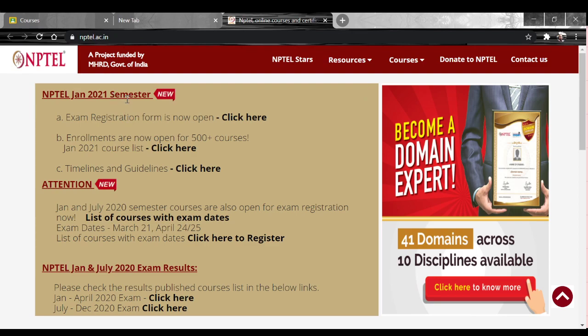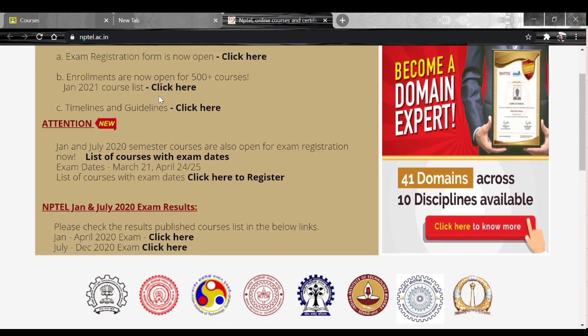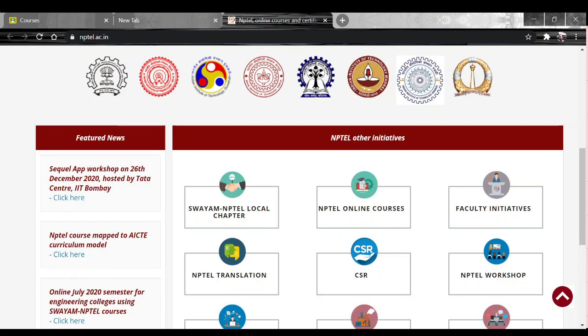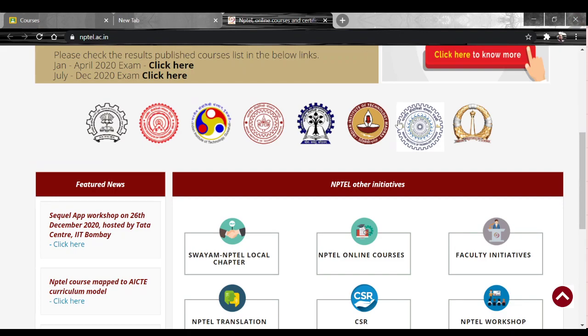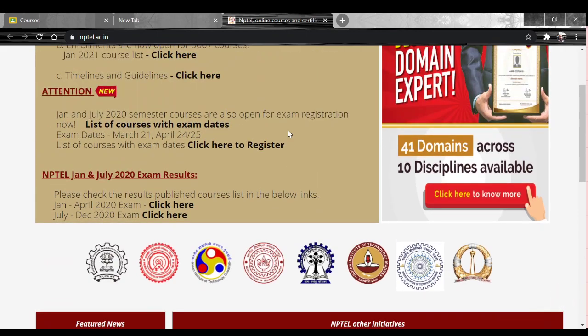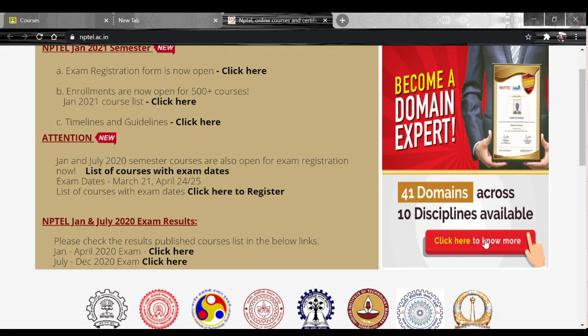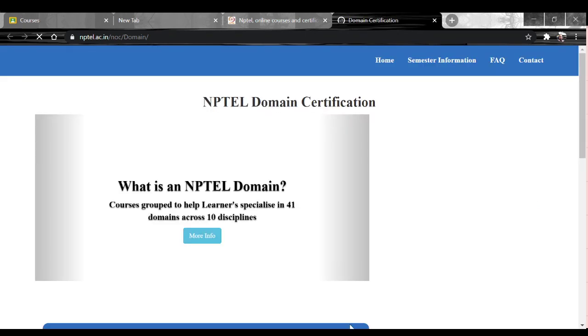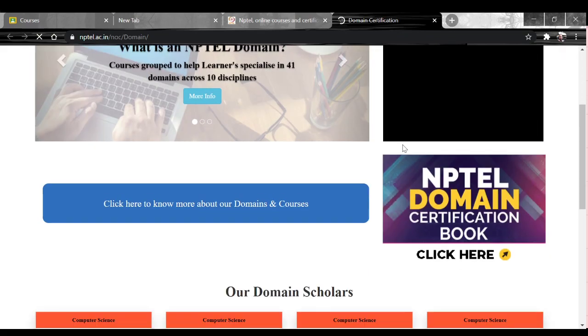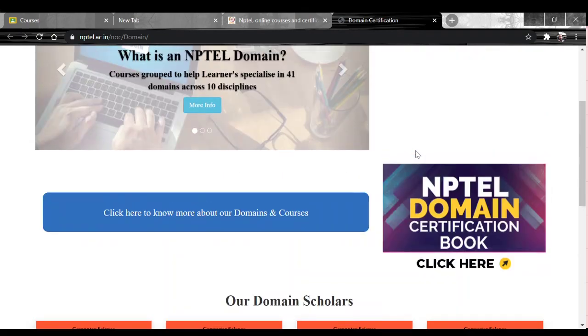Now look at this. When I click this NPTEL, I'm getting so many things there, and you can see that there are many affiliated sites in the NPTEL. Some of them, here you can see Indian Institute of Technology Madras, and then the other Indian Institutes of Technology. Of course, there are about 6 to 8 Indian Institutes of Technology, and it has got 41 domains across 10 disciplines available. If you click that, you're going to get the details for that. What is the input level? There is some more information in that. The other details are also there.